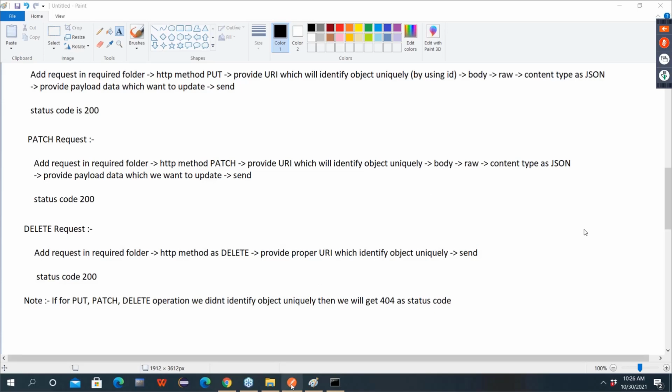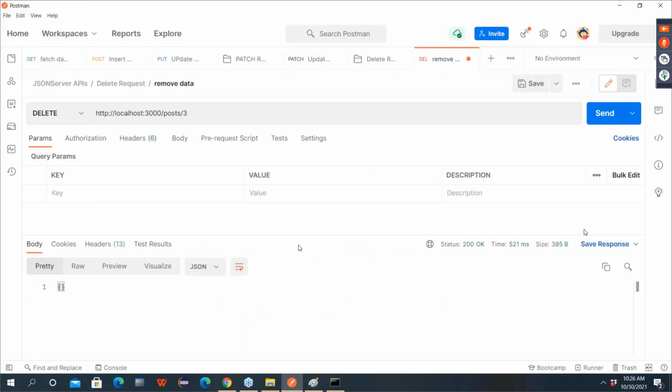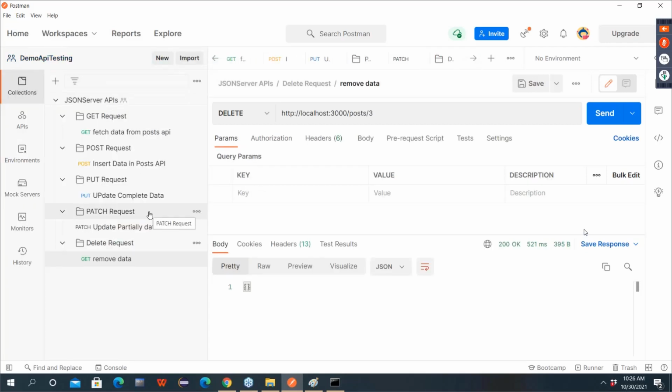I'll suggest that everything we did today, you try to do it practically and try to explore something extra also in this API. Boss, if we do like this, what will happen? If we change this data, what will happen? If we don't give that, what will happen? Try to explore. The more you play with that, the more you explore, you will get